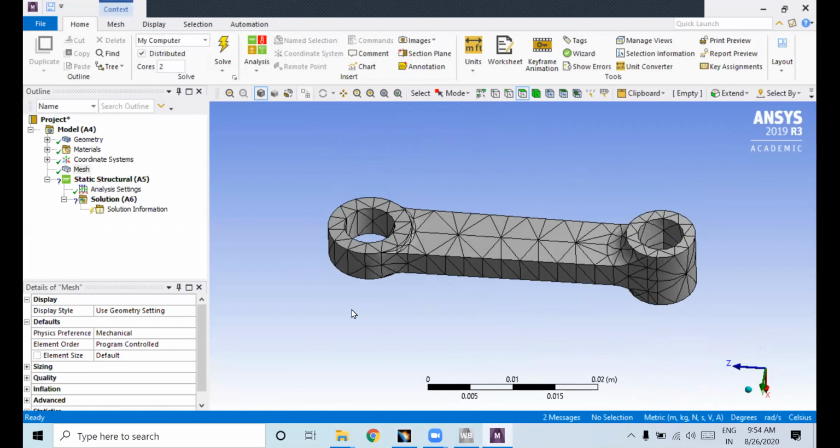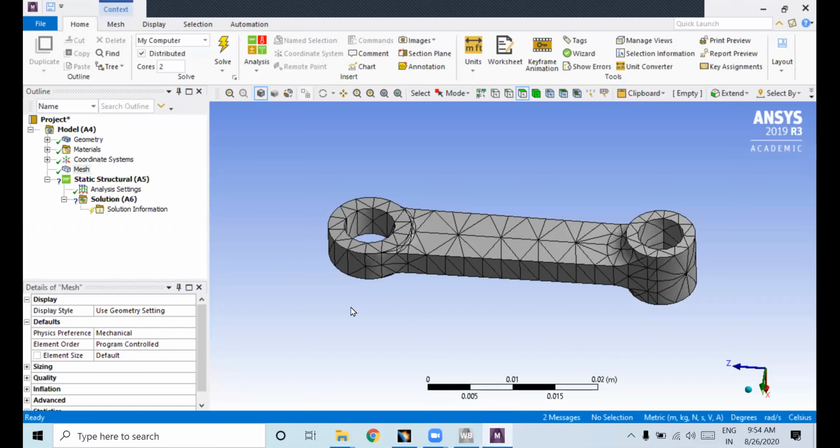So how to mesh the component in a smaller size? In ANSYS you can mesh automatically, but when it comes to HyperMesh, HyperMesh is preferable for meshing in the industries. ANSYS also we can mesh, but if you want more accuracy, you need to mesh the model in ANSYS or HyperMesh. HyperMesh is a very beautiful software for meshing purpose, and that is very important. If you have time during your academics, you can learn that, as it is also one of the beautiful software.